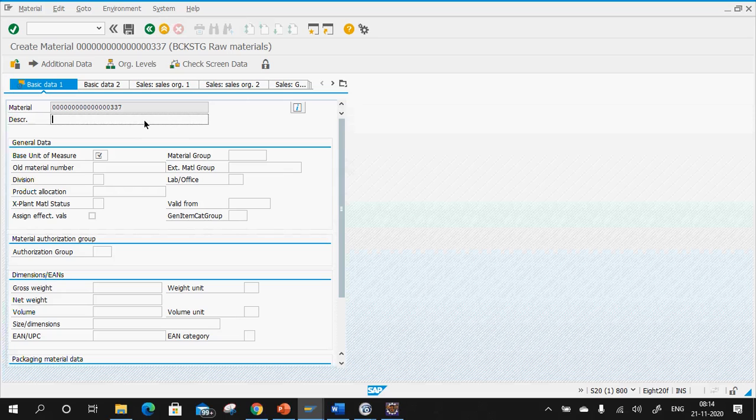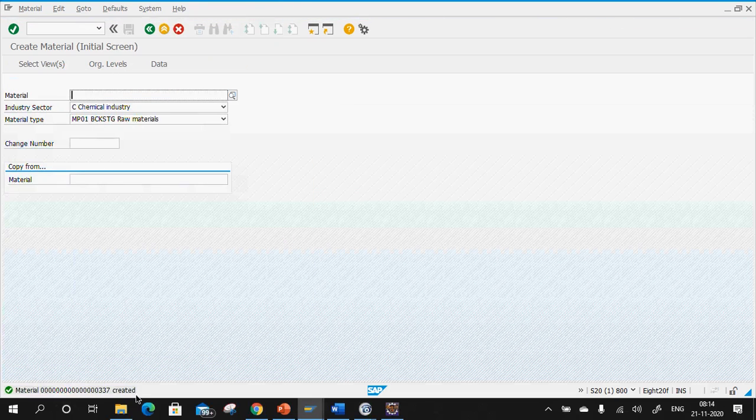Okay, suppose I give the text as test, basic unit of measure as kg, material group as CHM, suppose chemicals, and division as 02. So now when I click on save, see here the material number got created without my getting any message. But I don't want the material number to be created at this stage, or I want to throw an information message